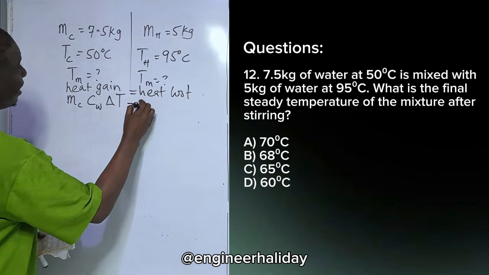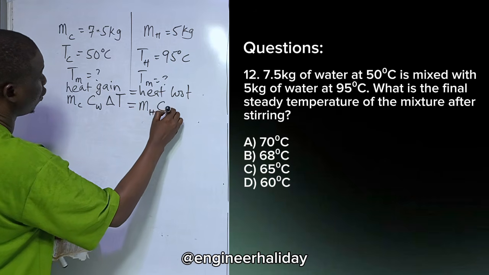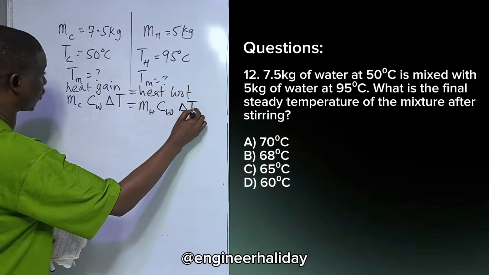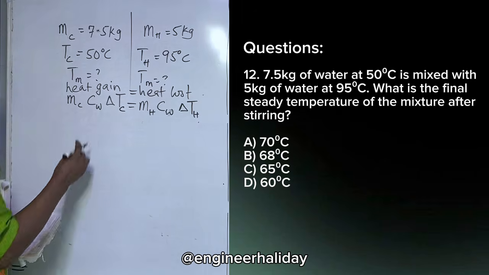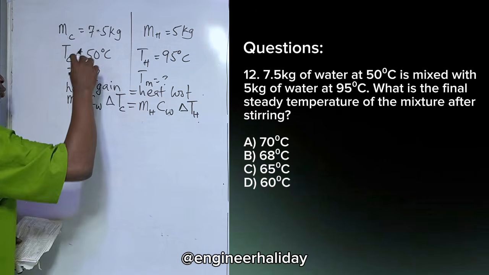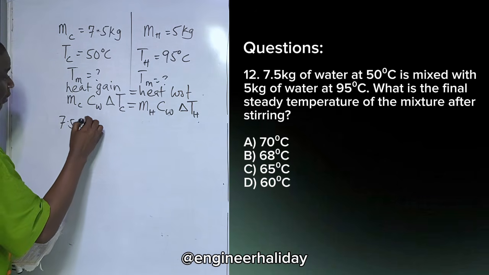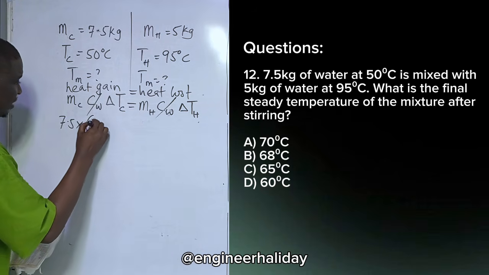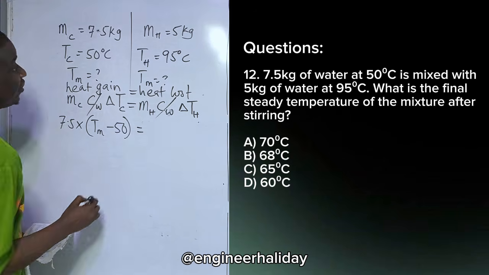So in this case, we're going to have M of hot water times C of water times the change in temperature of this hot water. Now, what is the temperature of the cold substance? This will be the final temperature of the mixture. So I want to have 7.5 times, this one can cancel this one, the final temperature Tm for the cold substance, minus 50, is equal to